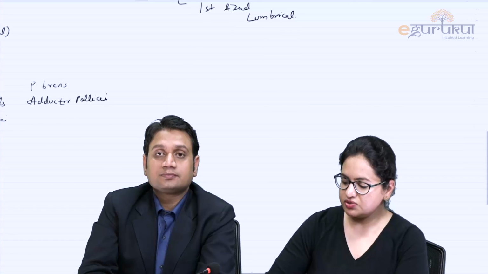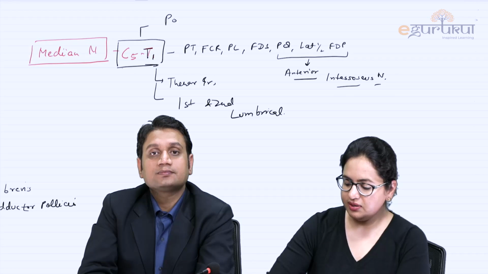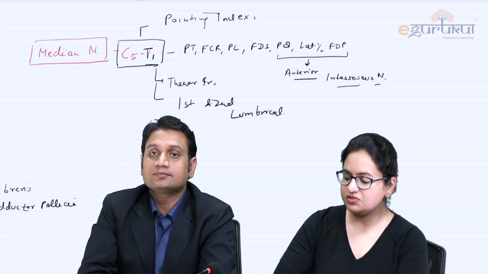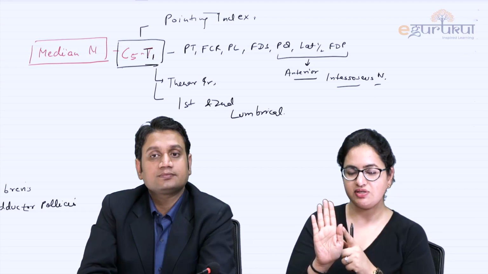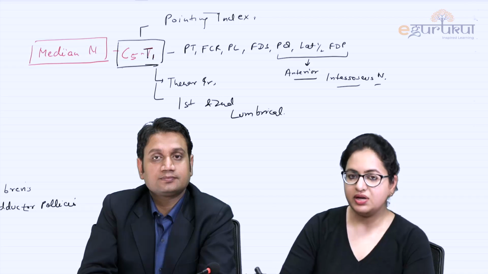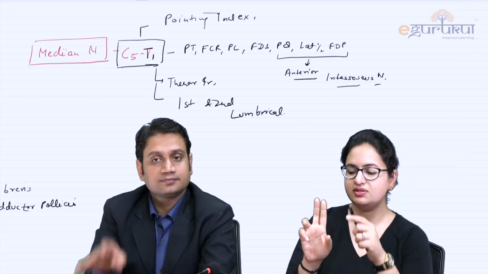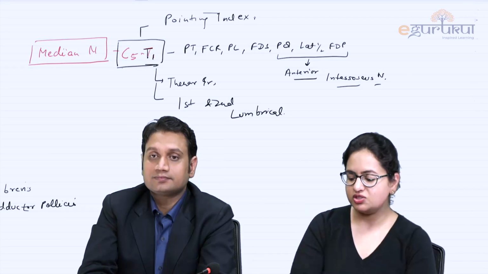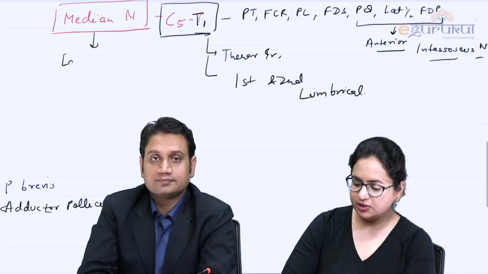The deformities associated with the median nerve, as mentioned by sir: one deformity is the pointing index. Then we have ape thumb deformity. In ape thumb deformity, the thumb goes into adduction and is slightly laterally rotated. Another deformity is the benediction sign. In the benediction sign, when you try to make a fist, these two fingers are not able to flex, and we call it a benediction sign or benediction deformity. The median nerve is also termed the laborer's nerve.